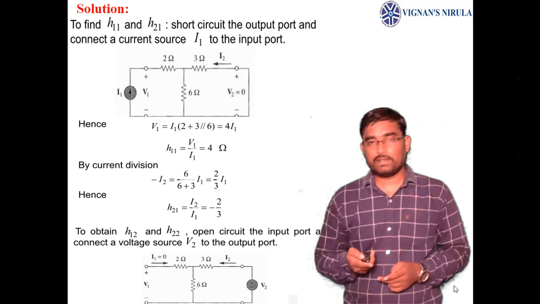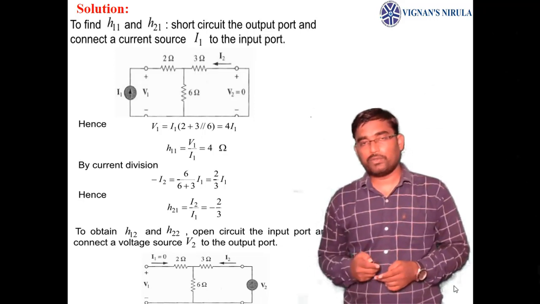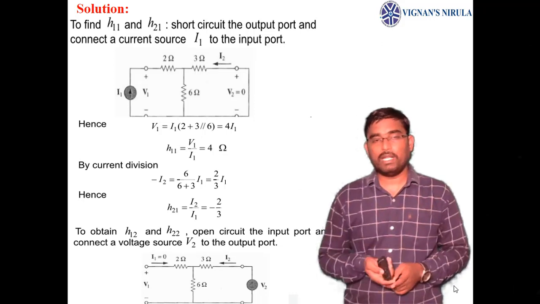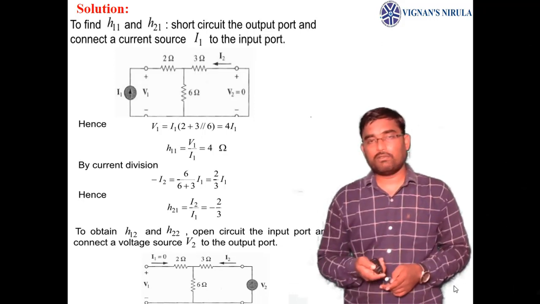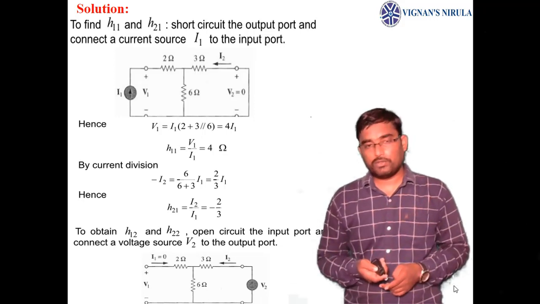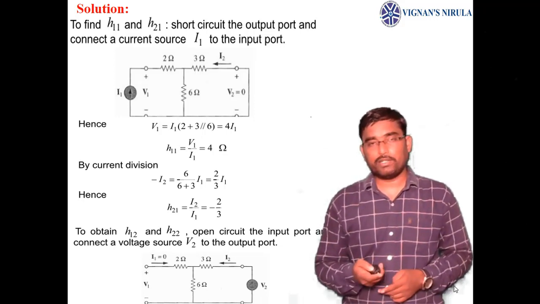This is exactly opposite to I2, so it can be equated to minus I2. That's why minus I2 equals I1 into 6 by 6 plus 3, which is equal to 2 by 3 into I1. From this we can write I2 by I1 equals H21 equals minus 2 by 3,